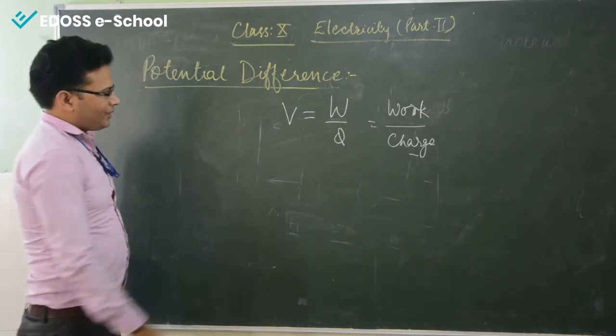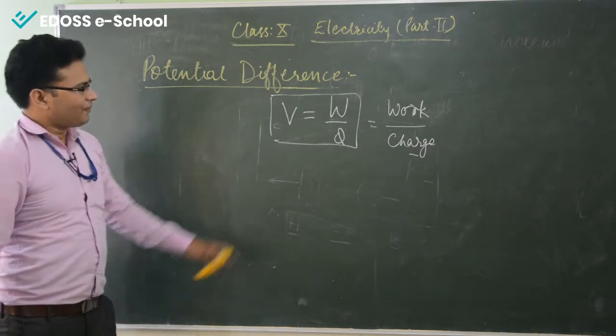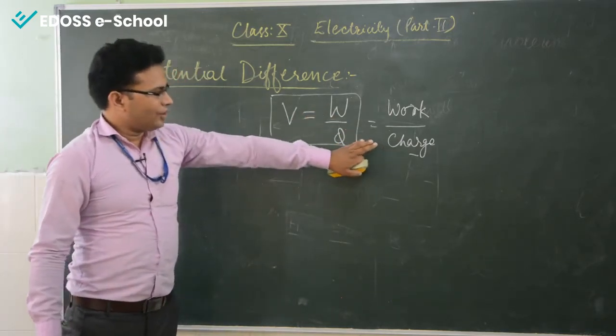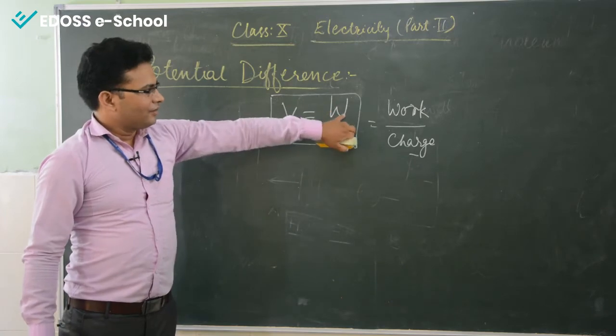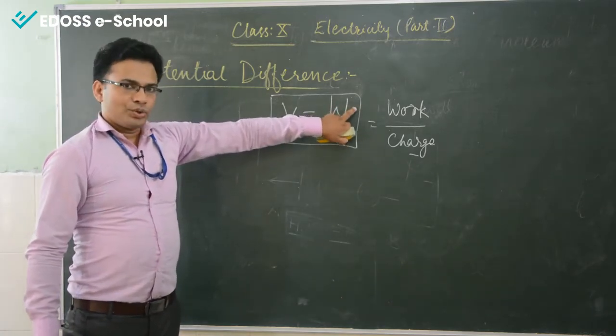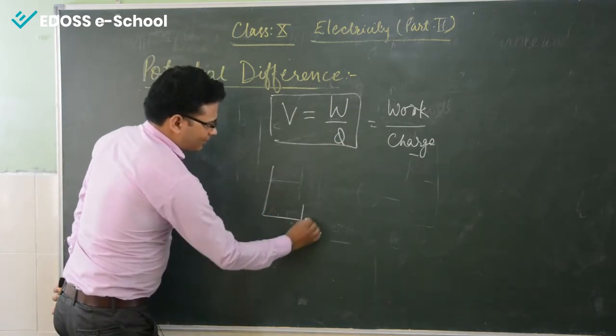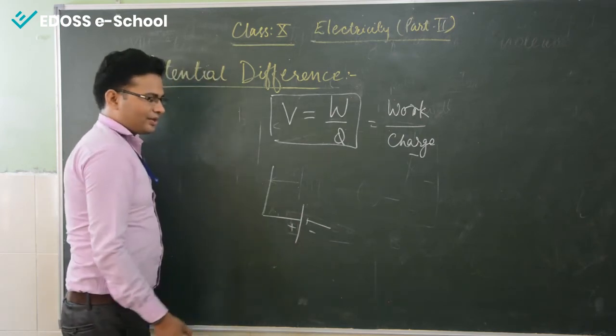Now this is the definition of potential difference, that 1 coulomb of charge is flowing in a conductor, obviously in a conductor, and 1 joule of work being done. So if I say positive, negative are the terminals,